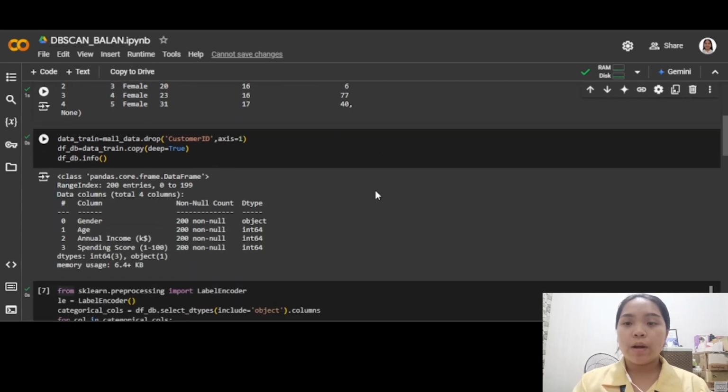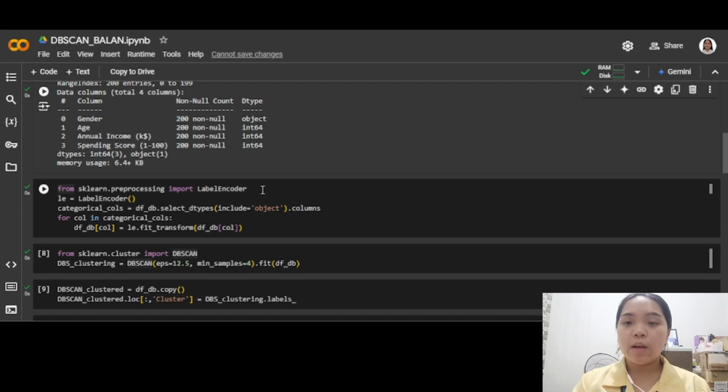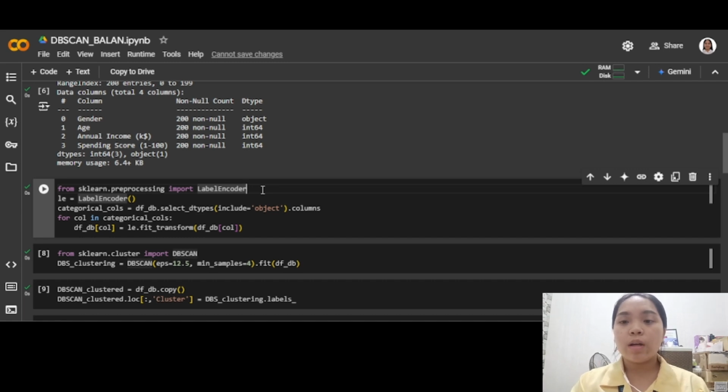Next is preparing the data for clustering. So in here, we drop the customer ID column since it is not relevant for clustering. Then we create a deep copy of the modified data to work with, ensuring that the original data remains unchanged. Next, we encode categorical variables. So this step encodes categorical variables like gender into numerical values using the label encoder, making them suitable for clustering